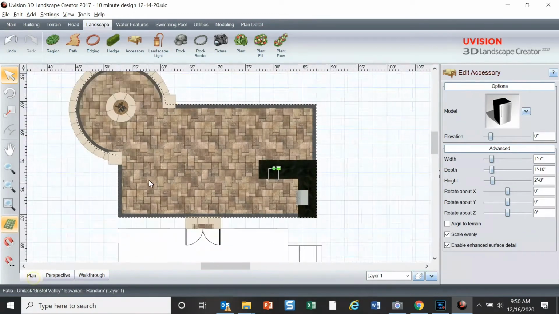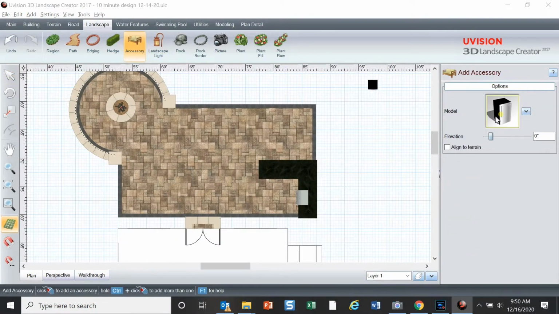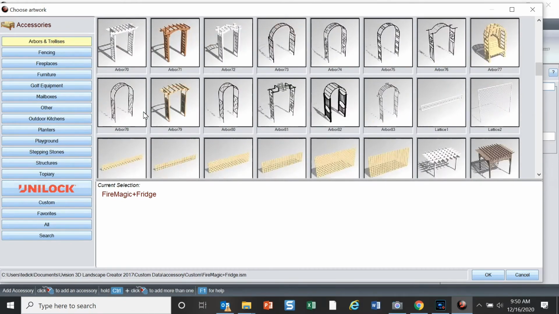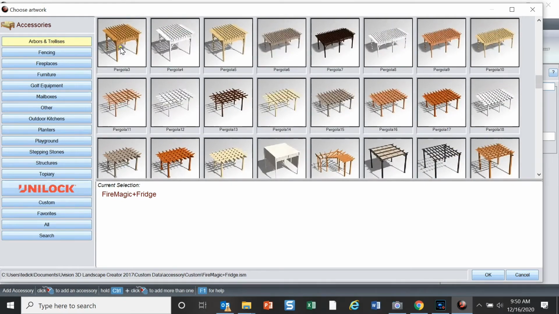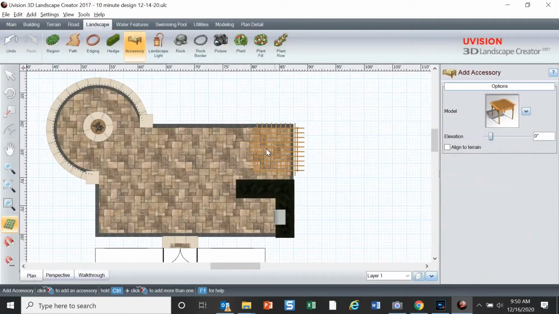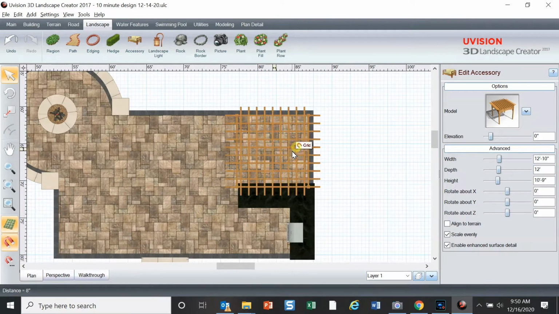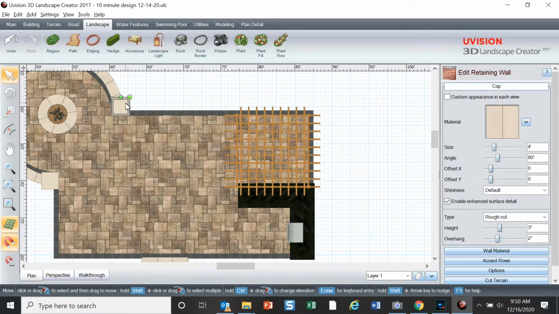So let's do a pergola now. And with this software, we have pergolas, arbors, and trellises that are already kind of pre-built. You can build them also within the program, piece by piece, and there's lots of different parts for it. Let's make it 12 foot by 12 foot. And let's copy a couple of these pillars and move them over to the